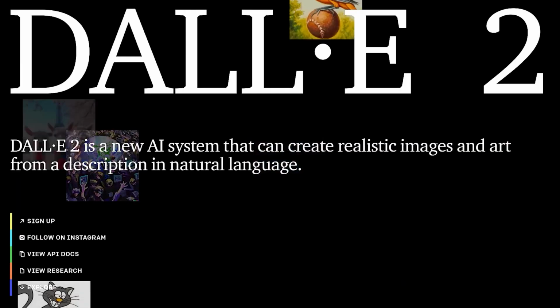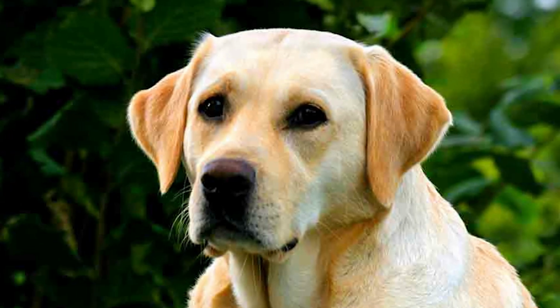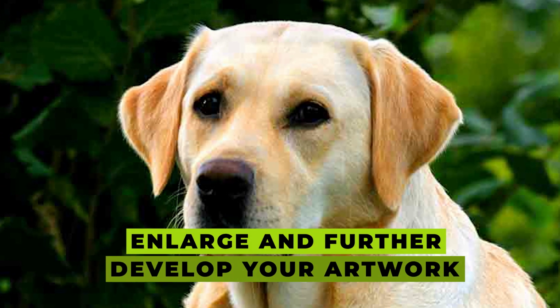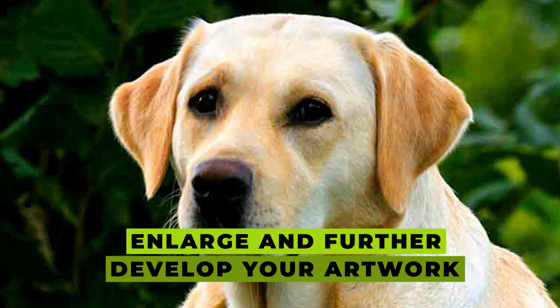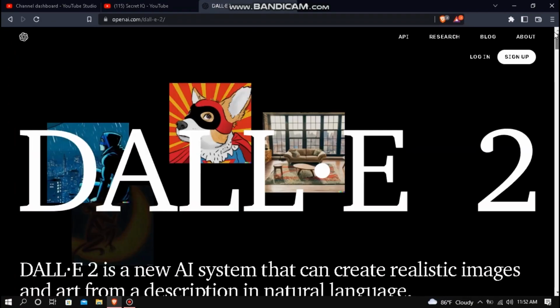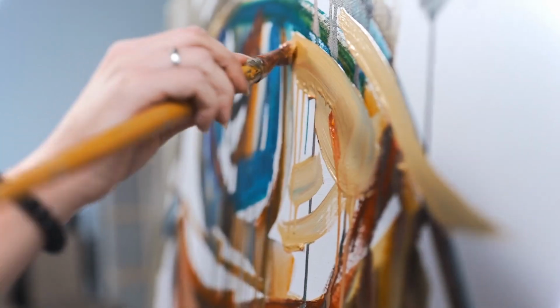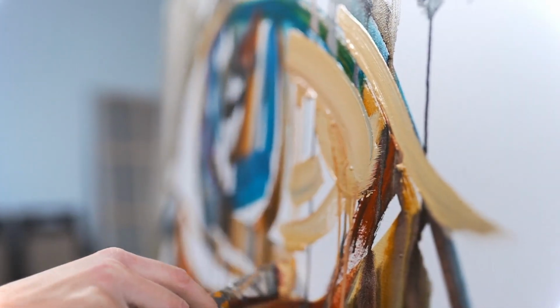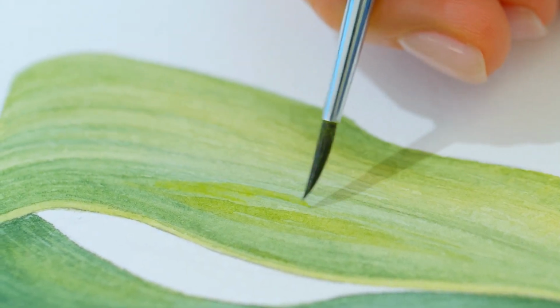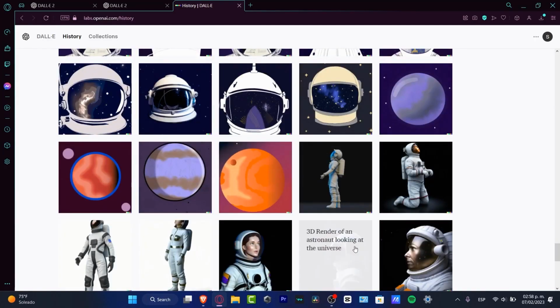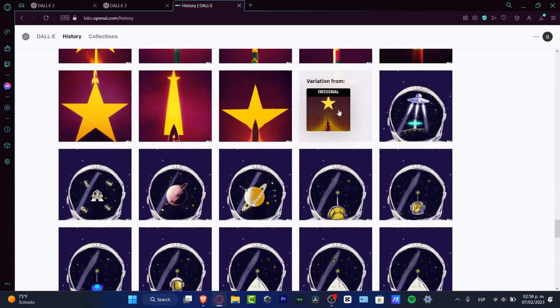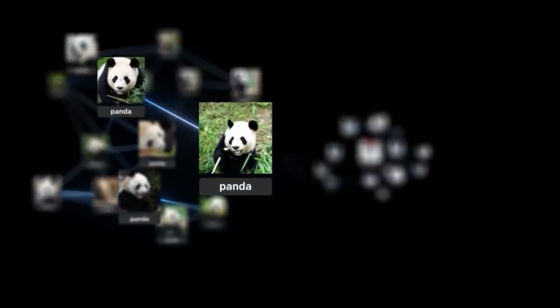Fear not, for DALL-E 2 has your back. By utilizing the Expander tool, you can enlarge and further develop your artwork, amplifying its impact and making it truly extraordinary. DALL-E empowers you to tap into a vast array of artistic avenues, allowing you to create stunning pieces of art that are uniquely yours. No longer do you need to rely on expensive artists to bring your vision to life. This potent tool puts the power of creation firmly in your hands, opening up a world of artistic freedom and